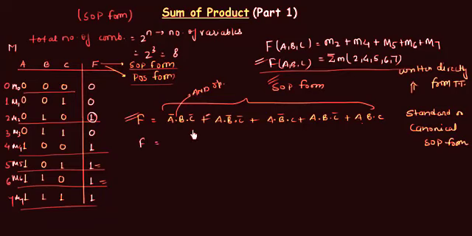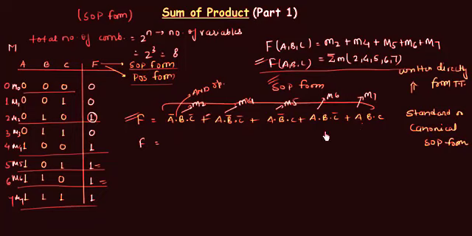And you can also get this from this information. It tells us that for M2, the function is high. This one is M2. For M4, the function is high. This one is M4. For M5, M6 and M7, the function is high. So this is M5, M6, M7. There is no need for a truth table. You can easily get all the information from this representation. And now we will minimize it by using Boolean algebra.